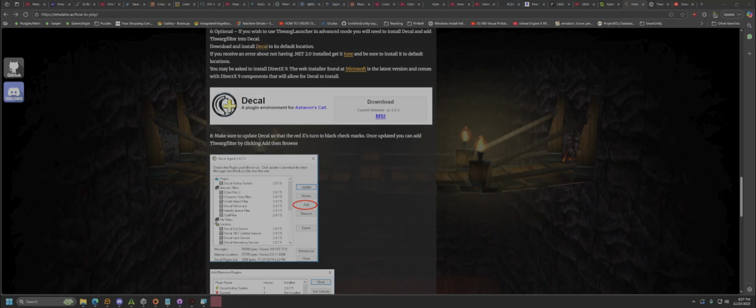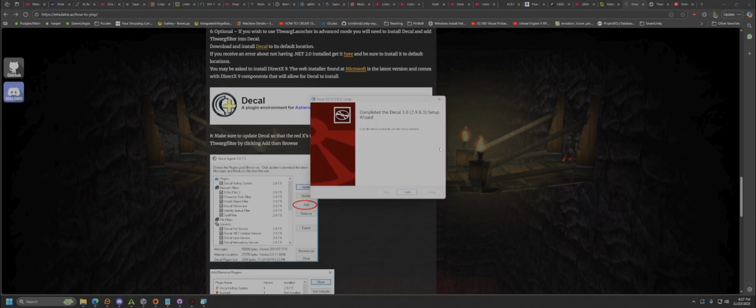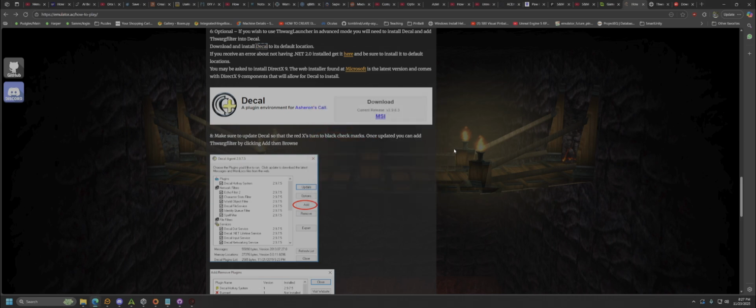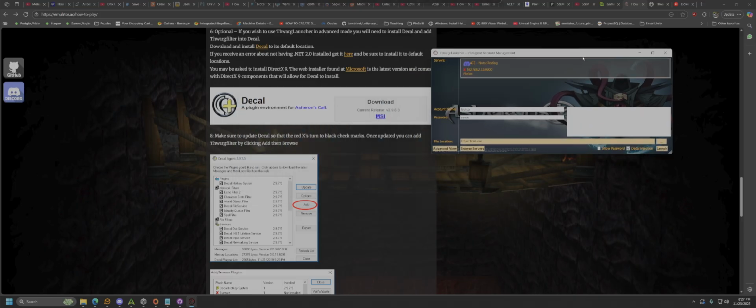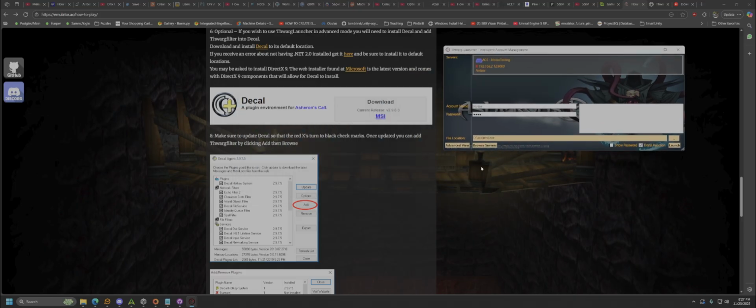All right, let's figure this out here. I didn't think I had to go through this to put up my own custom server in, but I guess maybe you do. It's not giving me an option to add a server, and I can't go to advanced view without Decal. So it says, okay. So now